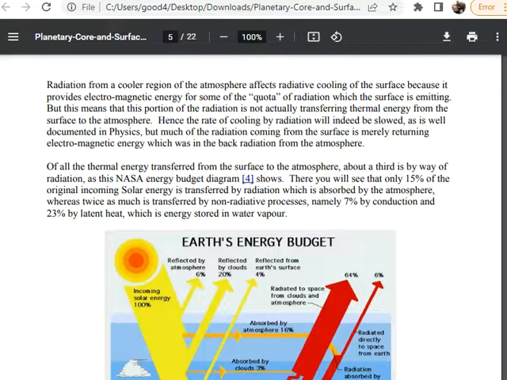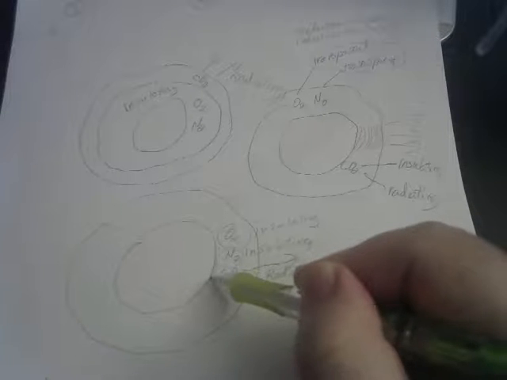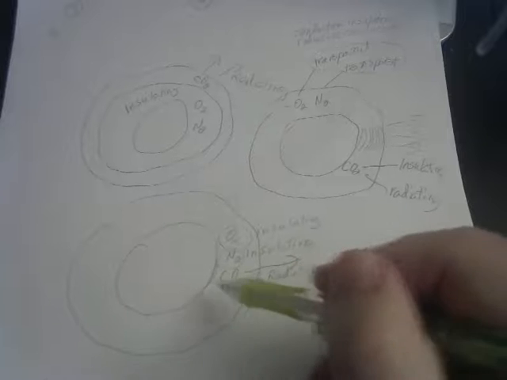It says radiation from a cooler region of the atmosphere affects radiative cooling of the surface because it provides electromagnetic energy for some quota of radiation which the surface is emitting. So radiation from here, the cool part of the atmosphere, provides some quota of the radiation from here. That works in both models. You can say the radiation from here provides some quota of the radiation from here, but actually,